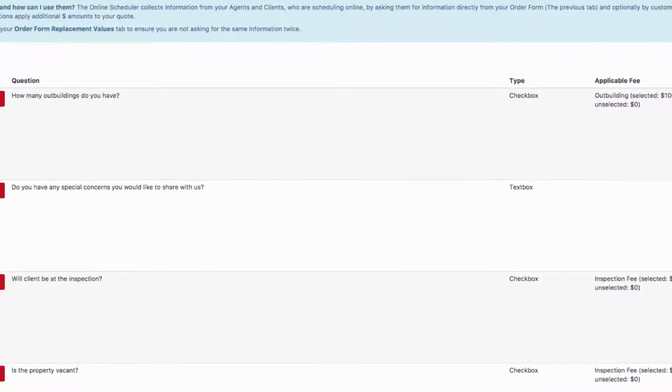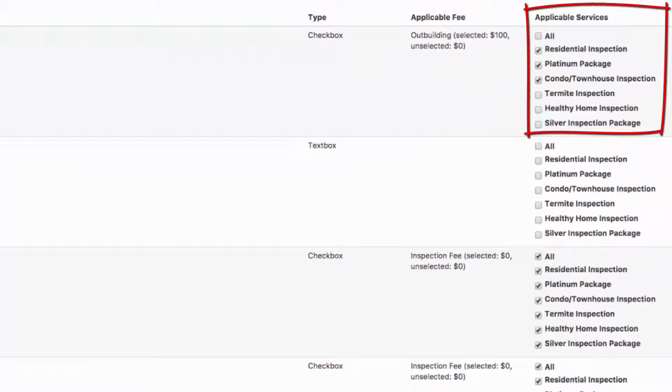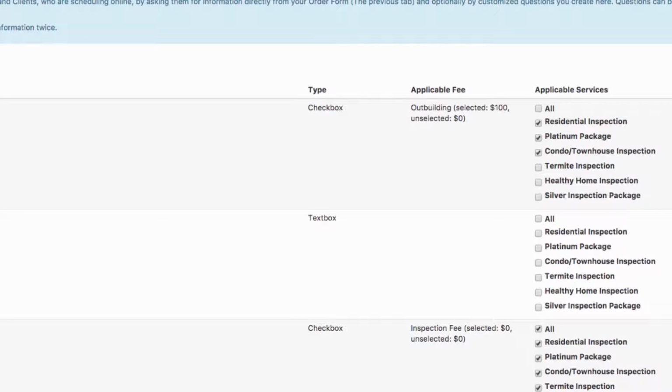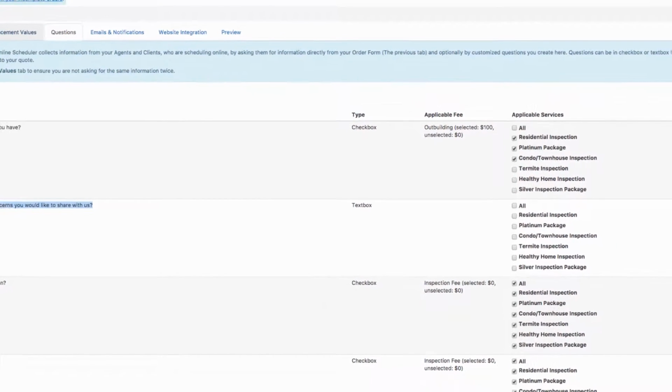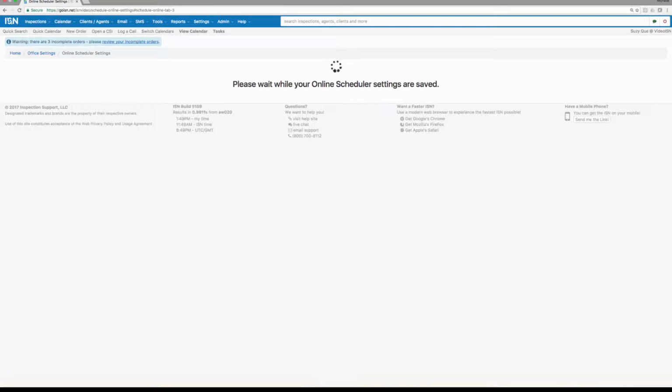On the right-hand side, you're going to check which services that question is appropriate for. One note I'd like to make in regards to questions is the answers to the questions that your clients provide are listed in the notes section of your order form. So it does create a little bit of extra reading for you. I do like to keep your questions limited to just a couple, and I prefer using order form replacement values so your client fills out your order form for you and you don't have to do as much reading. When you're done with this page, hit Save, and then we're going to progress to our next tab, which is called